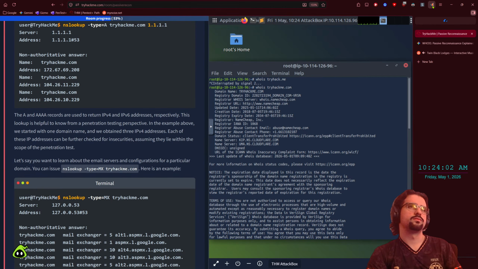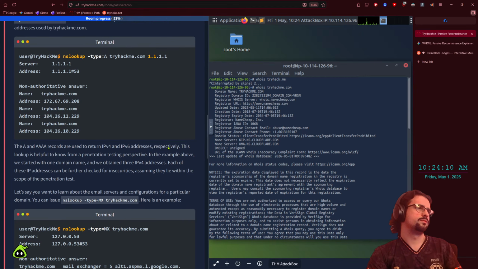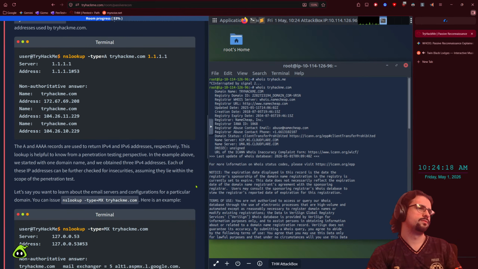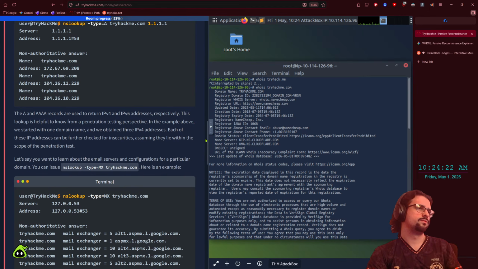1.1.1.1, 53, non-authoritative. The A and AAAA records are used to return IPv4 and IPv6 addresses, respectively. This lookup is helpful to know from a penetration testing perspective. In the example above, we started with one domain name, and we obtained 3 IPv4 addresses. Each of these IP addresses can be further checked for insecurities, assuming they lie within the scope of the penetration